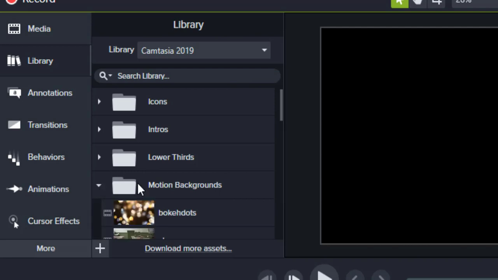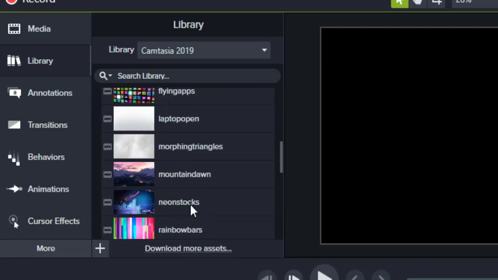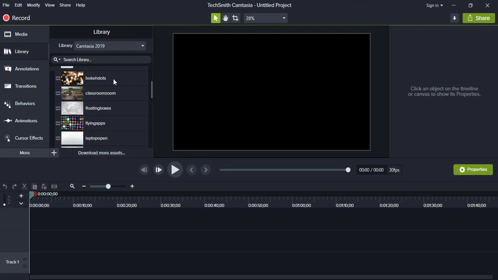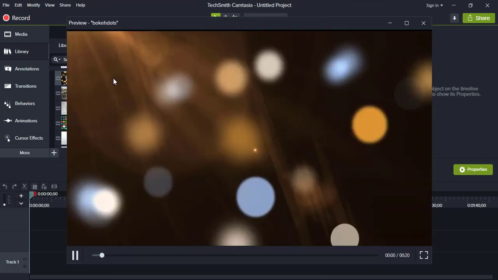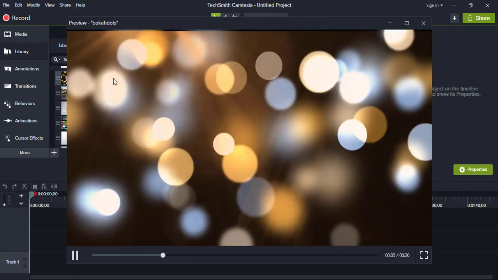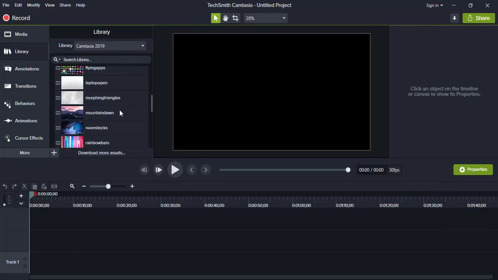You have to click on the arrow, and in this drop down you will see there are many options, and to preview it you just have to double click on any of it and you will see how it looks. It will basically give you a preview of how it is going to be. We will just take one of it, and we will make a proper intro for a video.